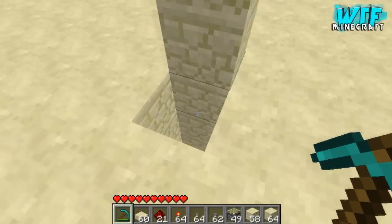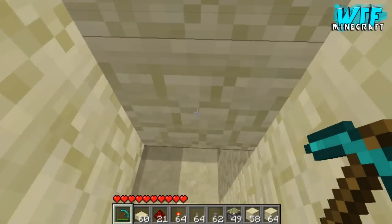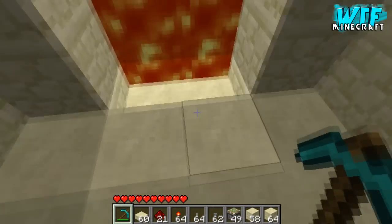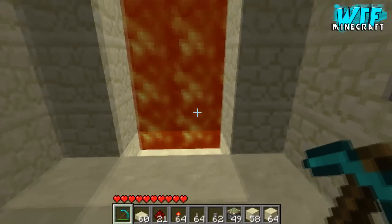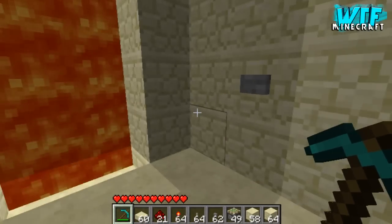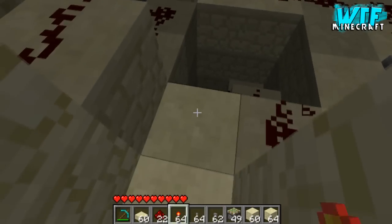Hey guys, it's John, and today I wanted to make a tutorial for my lava hallway. It's fairly basic, but if you don't really know much about redstone then it might be kind of complicated for you, but I'll show you guys exactly how to build it. Here's all the redstone wiring